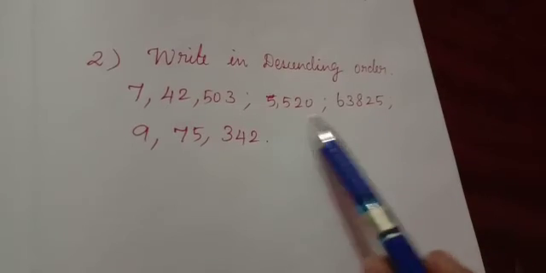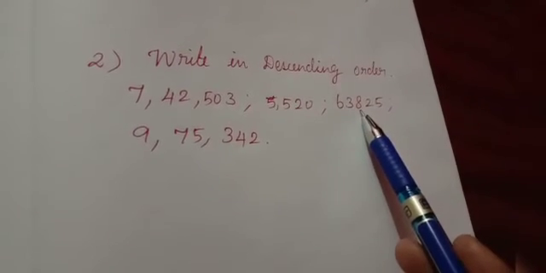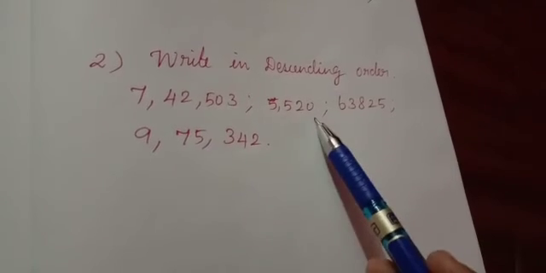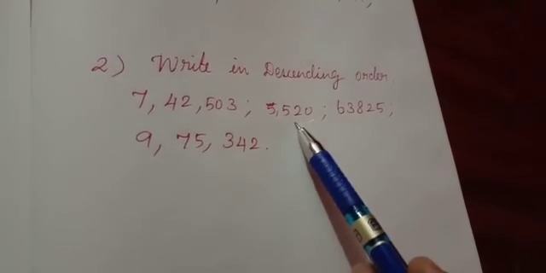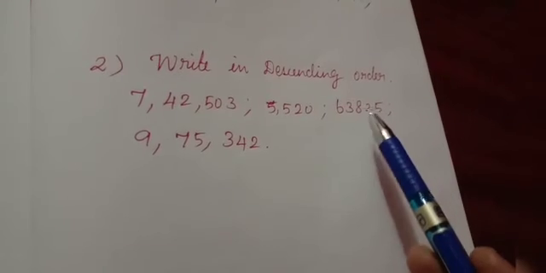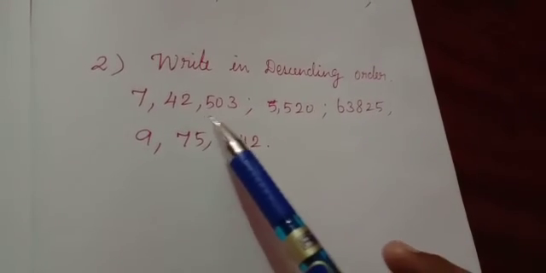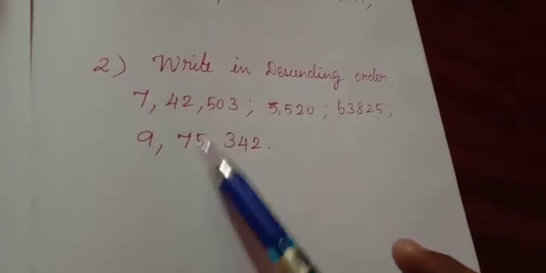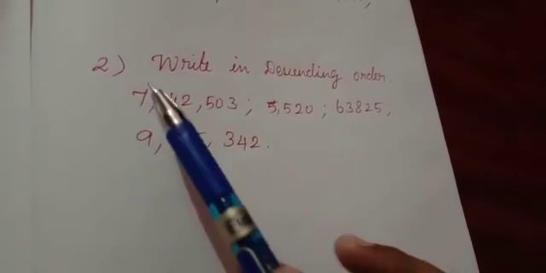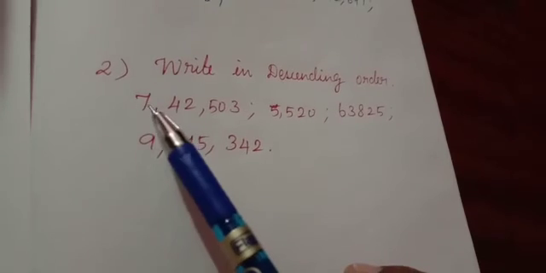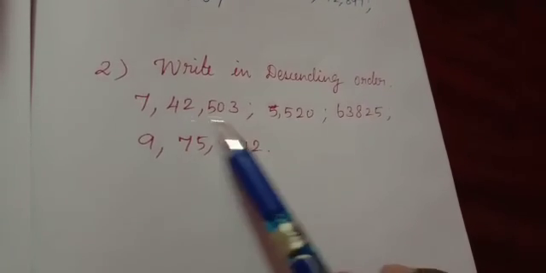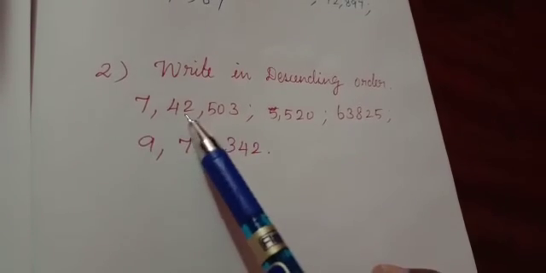Afterwards we have to compare these two. This has 5 digits and this has only 4 digits. So this one will come last, the smallest one. So before this number we should write this one. I hope you understood. I have counted the number of digits, and these two numbers have the same number of digits. So I compared the lakhs place value. This one is 7, this one is 9, so this is greater. I am going to write this one first, then this one.